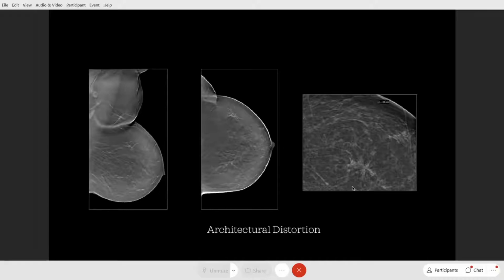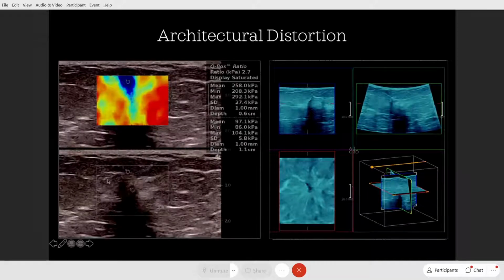Whenever you have a large fatty breast, to identify an abnormality on ultrasound is not that easy. However, I was lucky in this case to pick up an area of non-mass lesion, which also showed very high elastography values. Now, look at this volume image. So this is a small area of non-mass lesion with shadowing on the 2D image. But if you see the volume image, which gives the coronal picture, the details are exquisitely brought out and it's very similar to what we saw on the mammogram. We can see this little non-mass lesion with beautiful architectural distortion so well depicted on the volume image.